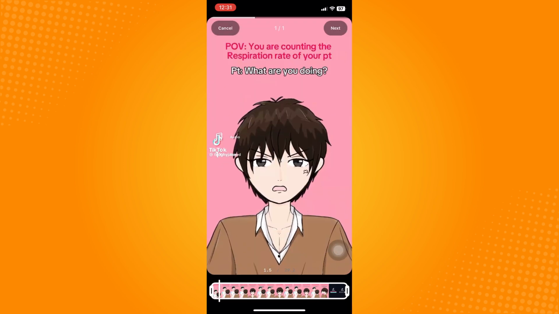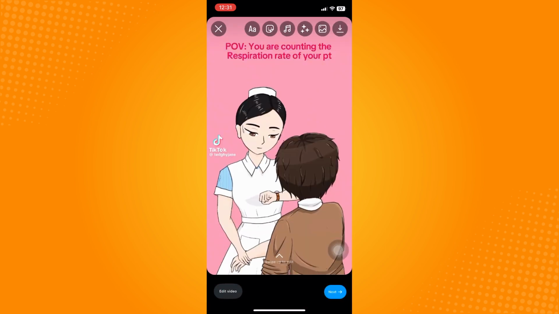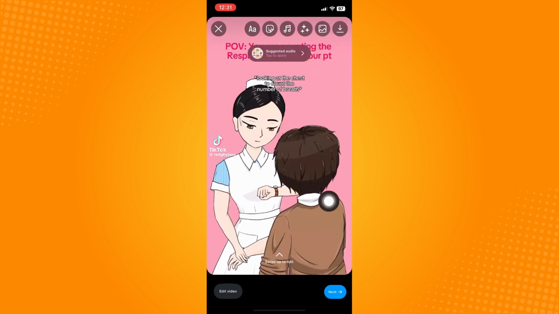So tap on reels, and tap on the video that you wish to add subtitles on Instagram Reels. So let's say this one, and tap on next. So you just have to cut it here or wherever you wish. Tap on next. And the next thing that you're going to do here is on the upper part, you'll see